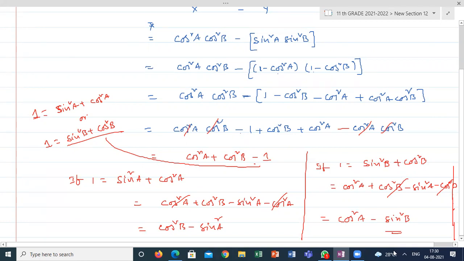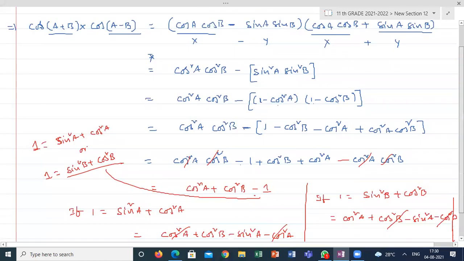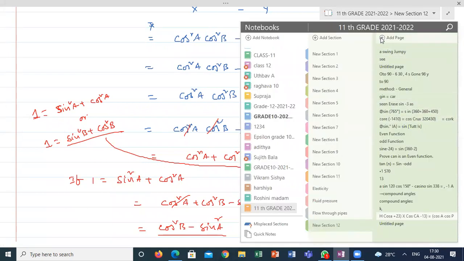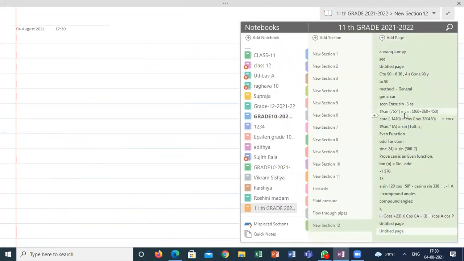Is it clear, guys? These forms you can take as standard formulas if you are able to remember, but it is not so easy to remember. Many formulas will come in use. Always go with a little bit of concept. So next one is,